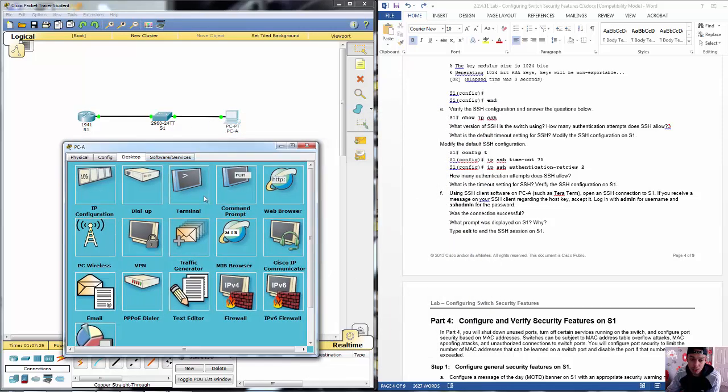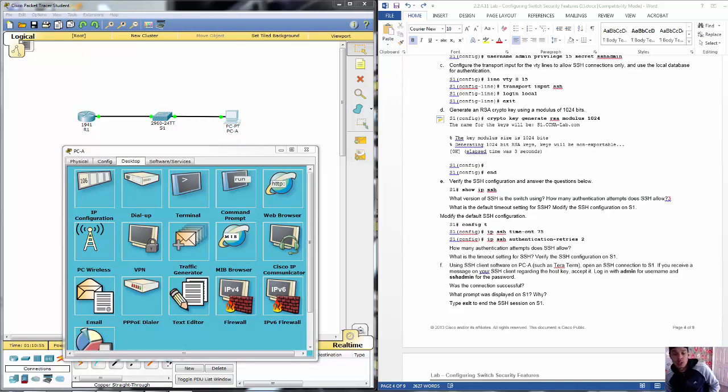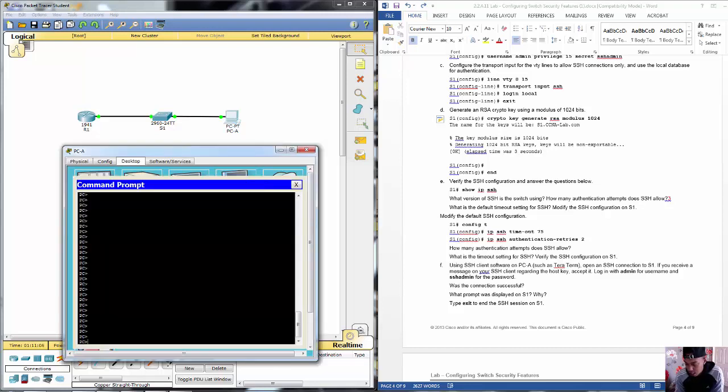So, we're going to go ahead and try it now. We'll see if it works. I have a feeling this still works, actually. So let's try it. We're not going to use Tera Term, we're using the command line, the command prompt, sorry, on the PC. Now to access SSH via command prompt, it's simply SSH